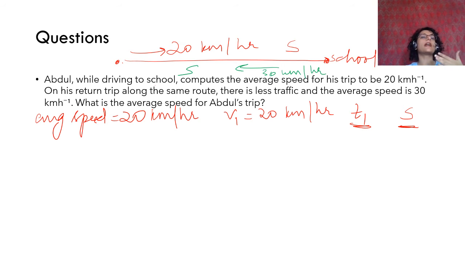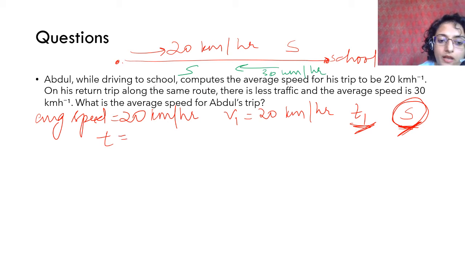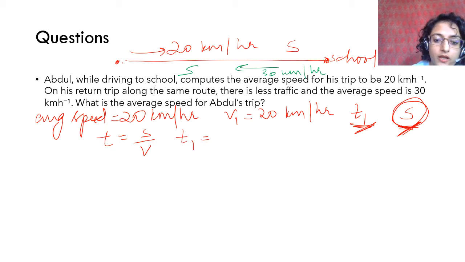यू हैव टू अंडरस्टैंड दैट जब एक ही दिया होगा देन यू हैव टू एक्सप्रेस वन ऑफ दीज़ टू, T या S को इस दूसरे के वे में रिप्रेजेंट करना पड़ेगा. सो यू हैव टू रिप्रेजेंट T इन टर्म्स ऑफ S. When you replace t in terms of s, I'll show you what happens. Okay. Now what happens is time is equal to distance upon velocity. Okay. Right. So t1 is equal to distance.